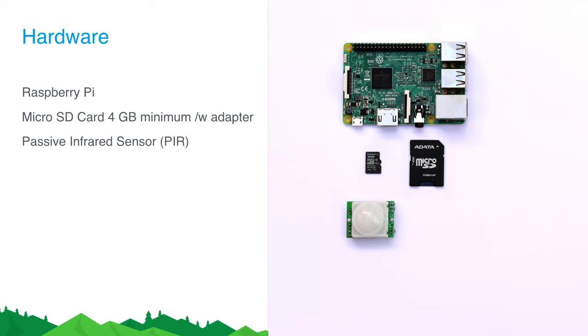And so the sensor that we're using is the PIR sensor. Basically, that stands for passive infrared. And what that does is it translates the infrared that we emit from our bodies into motion. And basically, it tells the Pi either a high state or a low state, depending on whether there is motion or there isn't motion.